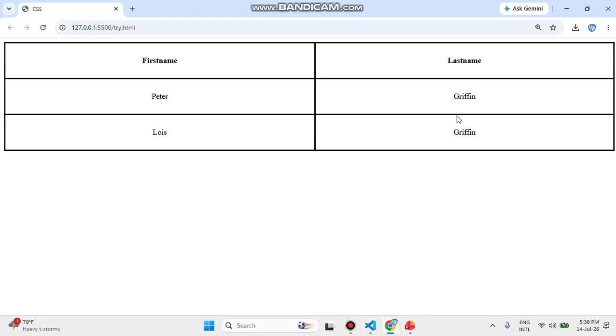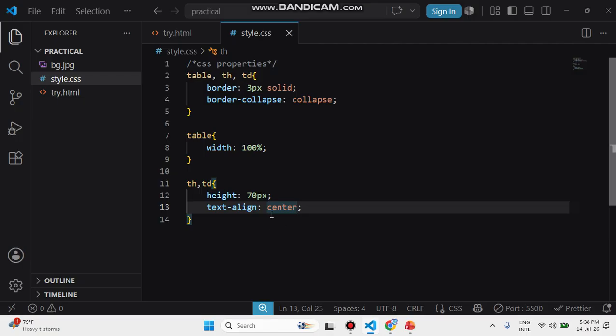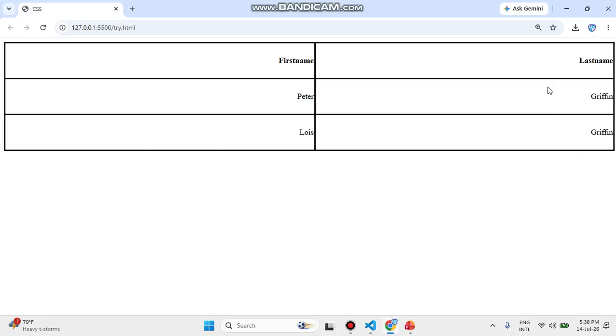Did you get it? And if I don't want it centered, I want it on the left hand side, that you can also do. Right now I don't want left hand side, I want to apply the right hand side. So you can check. Right now all my properties are on the right hand side. But why the table heading also